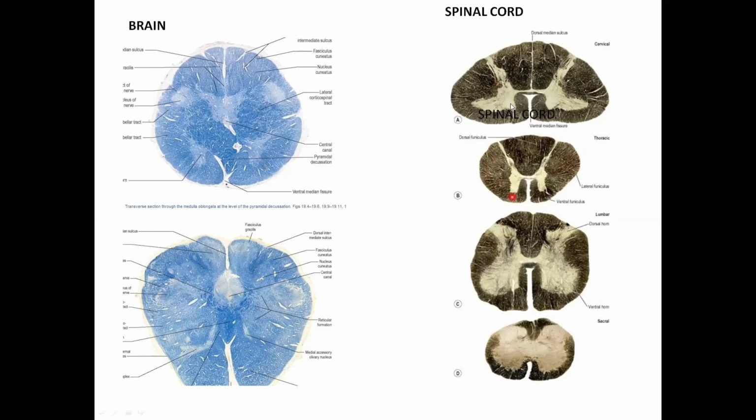Here again, the spinal cord. You can see the gray matter. It's sort of pale, whereas the outer white matter is darkly stained. From these sections, you can appreciate that, as I told you, this is cervical segment, this is thoracic segment, this is lumbar segment, and this is sacral segment of the spinal cord. From these segments, you can appreciate that the amount of white matter decreases as we go down, and the amount of gray matter increases as we go down.